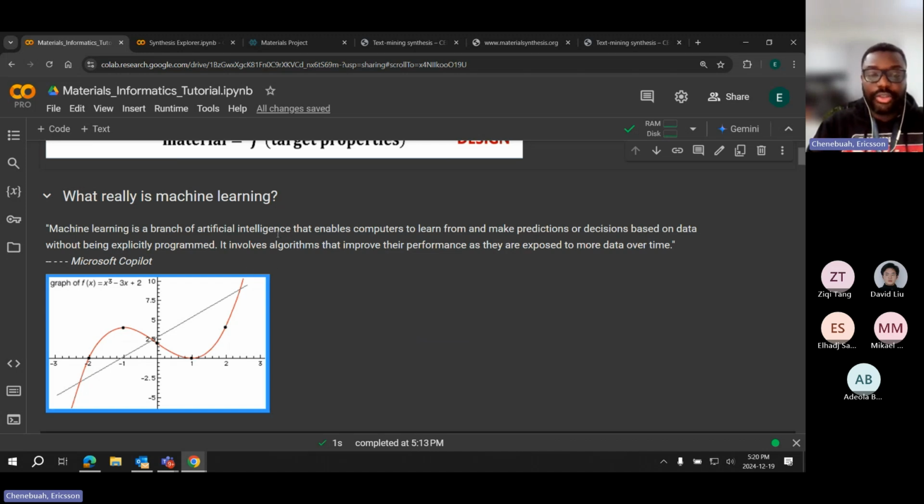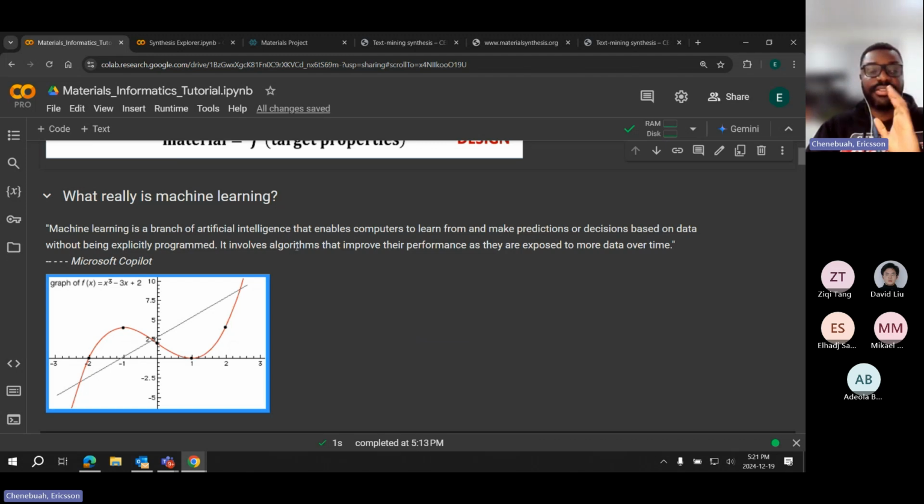So machine learning is a branch of AI. There are several branches of AI. There's one they call deep learning, which is a deeper form of machine learning. You have reinforcement learning. There are other interesting aspects, like people who deal mostly with robotics, they use reinforcement learning a lot in that area, right? So what machine learning does is that it learns from data, and through that learning, it's able to make some predictions or wise decisions, and it's done in such a way that there is